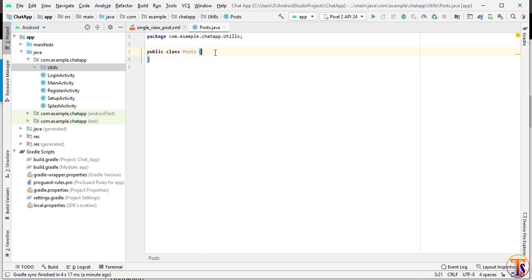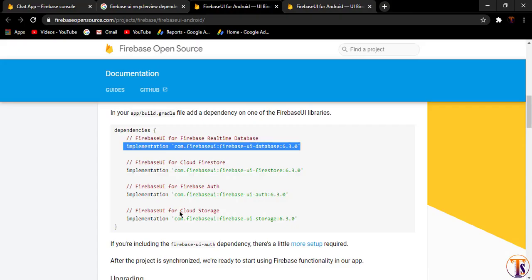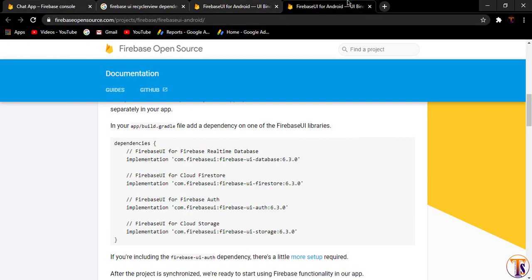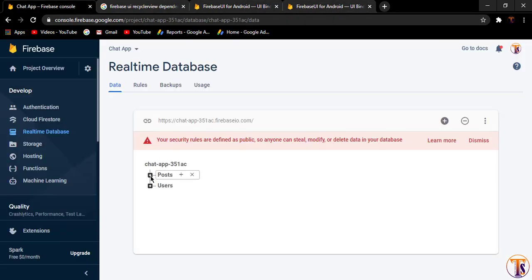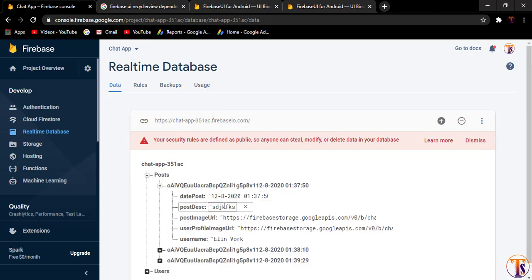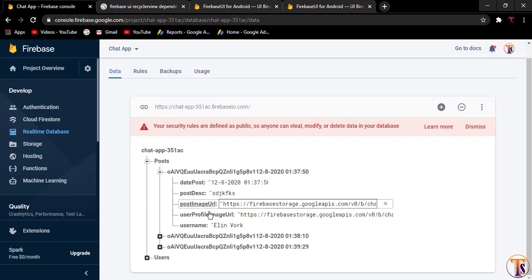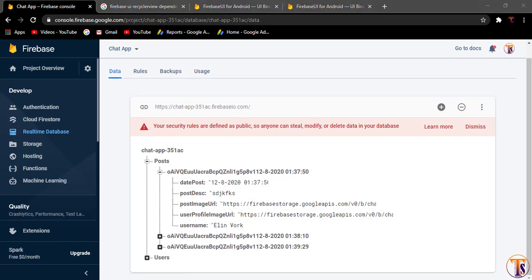Okay, now we will create the variables. So open our database. Okay, here we have posts. So here we need to initialize these variables, one by one.